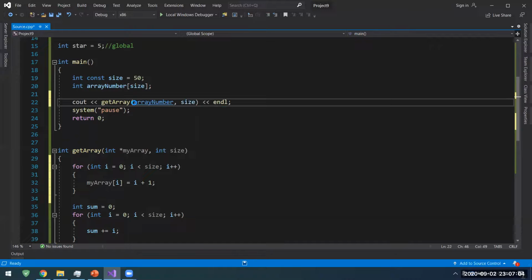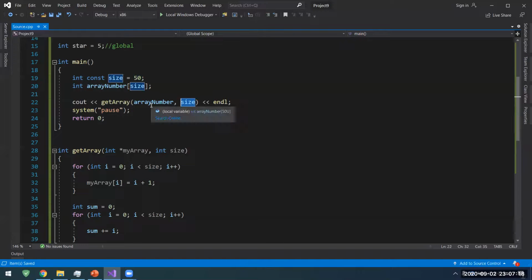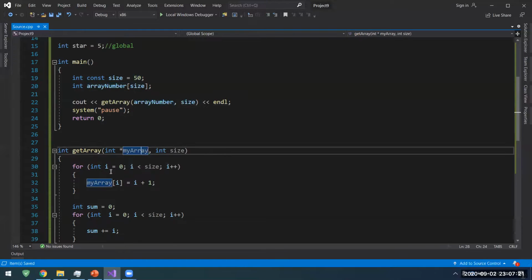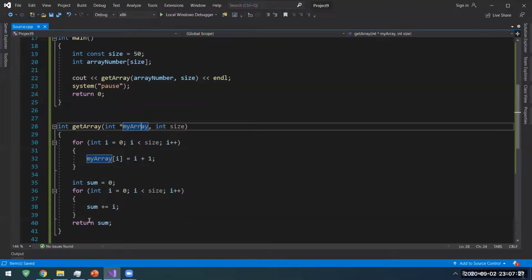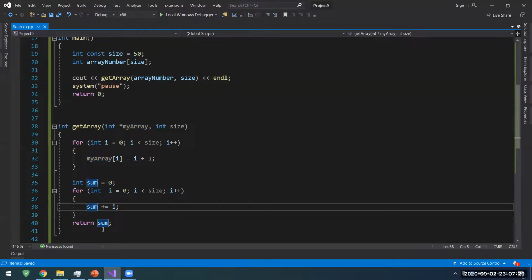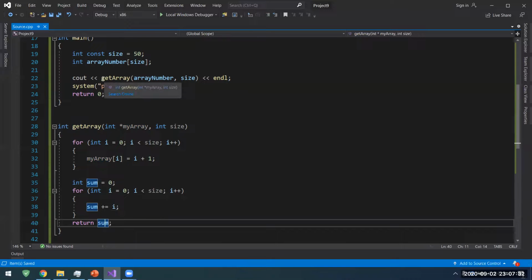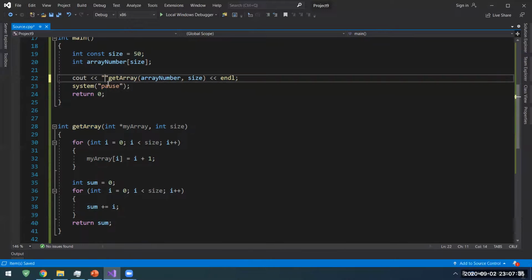So that's everything. This array number is the array, and the size of the array is 50. This array will be initialized here, and then all the elements will be added to sum, and I will get the sum back here, and I will say, let's say, summation of all array elements is